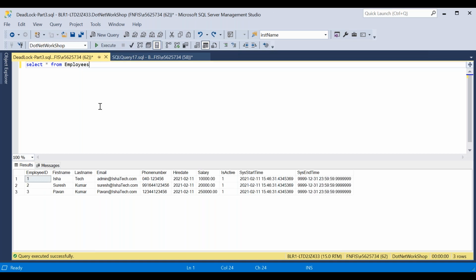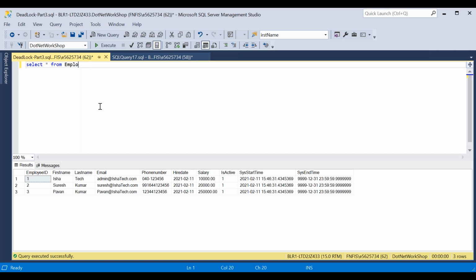So when I'm modifying any data, then only the version will be maintained. When I'm inserting the first time, the data will only be available in the main table itself. When I update any of the information from the main table, then only the history will be captured.